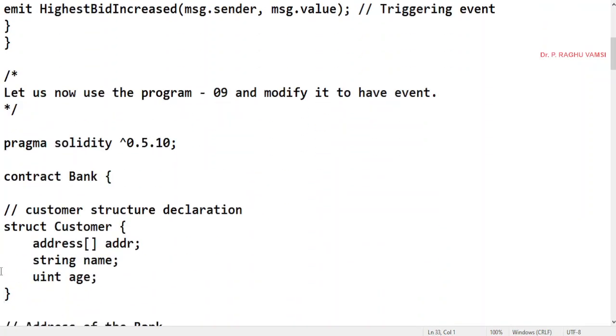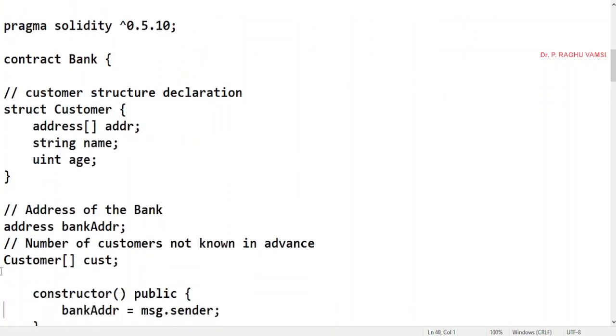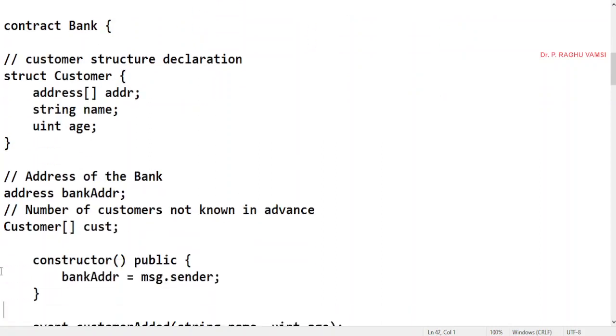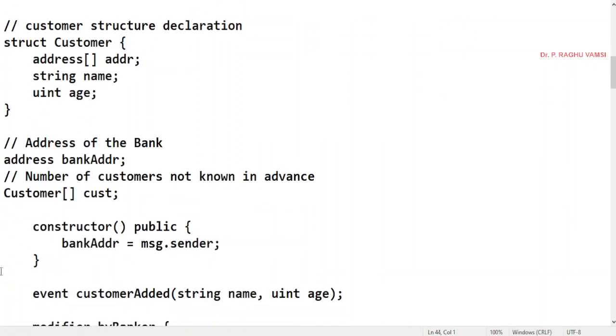The same loan agent or bank related program that we have seen previously, the same we'll consider. Contract BankCustomer, we have taken this. Next, the address of the bank is also there. The number of customers is not known in advance, so we have kept an empty array like this, and we just keep on filling this array.